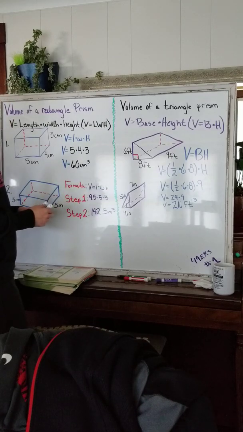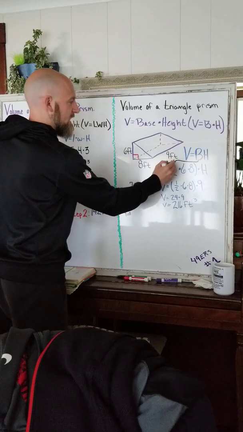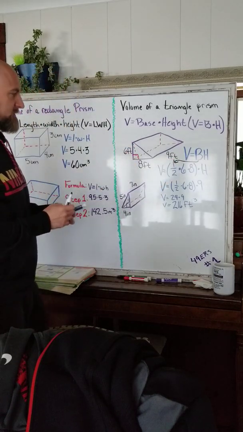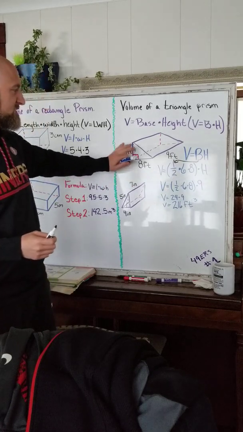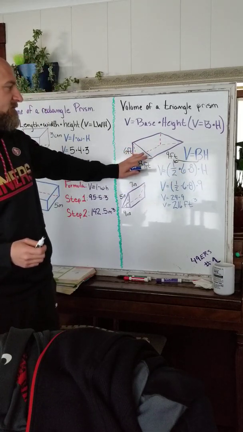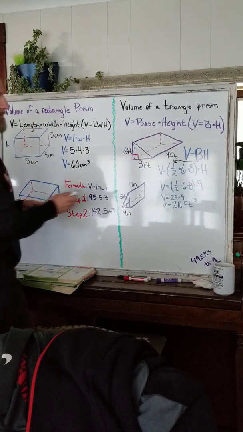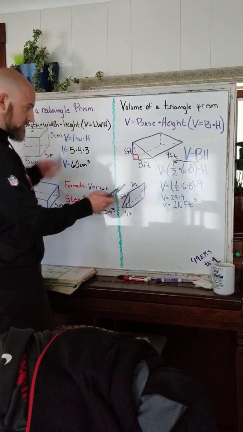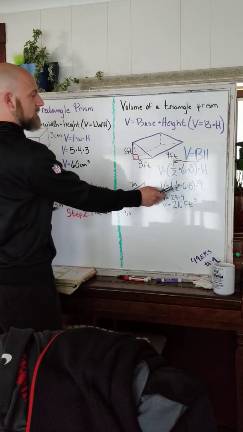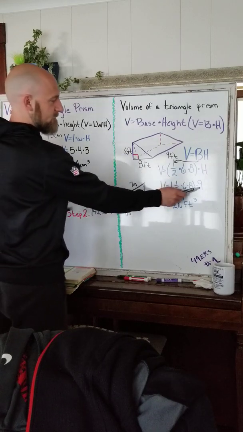Now this is where it can get a little more challenging. We have to take this B and change it out for half. We're doing half of this angle times 6, because this is part of one base, times 8. We're only doing half of it because we have 2 halves on here. And then on the outside of the parentheses we do height. So we have half for our base times our 6 times our 8, and on the outside of the parentheses